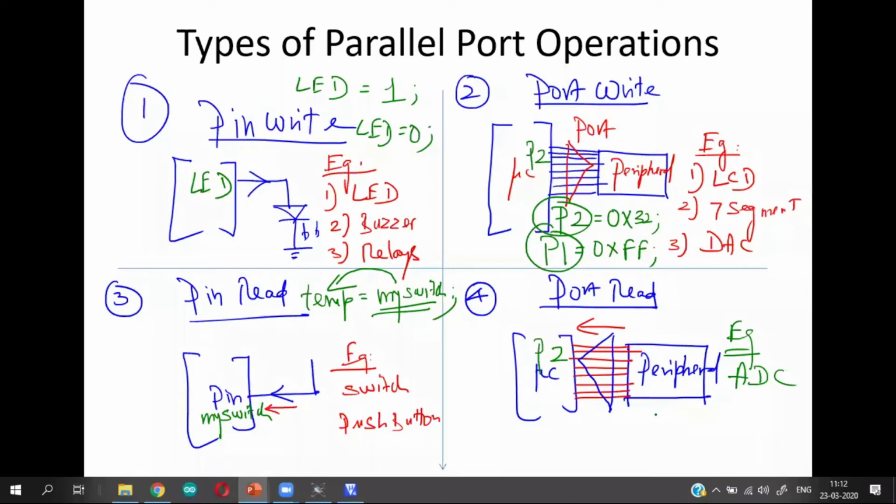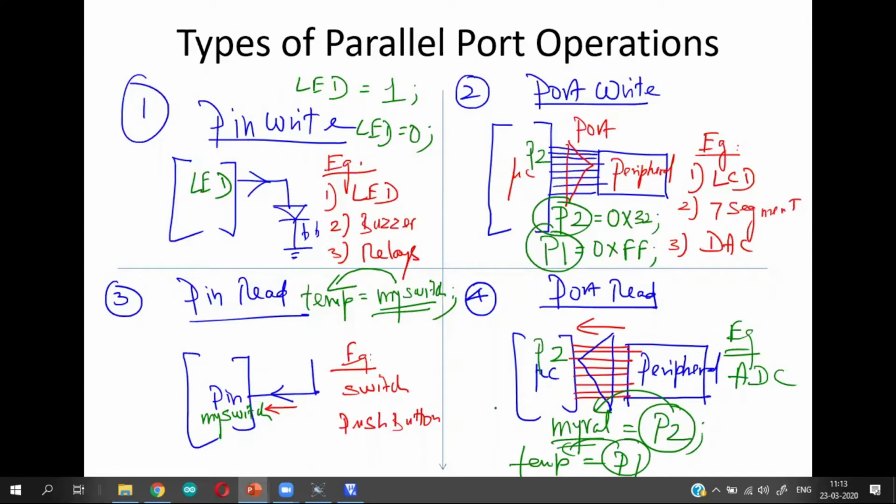You can also connect any other peripheral device which supplies data to the parallel port, which includes parallel memories, and so forth. Now, in this case, how am I going to read data? My value is equal to P2. The information that is available in parallel port 2 is directly assigned to my value, which is a variable. Similarly, temperature is equal to P1, so port 1 information is fed to temperature.